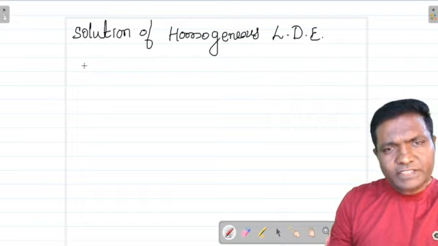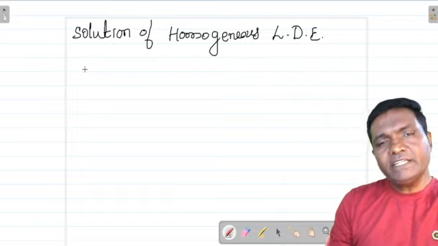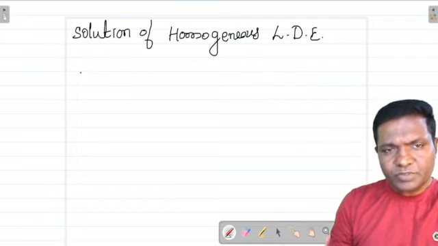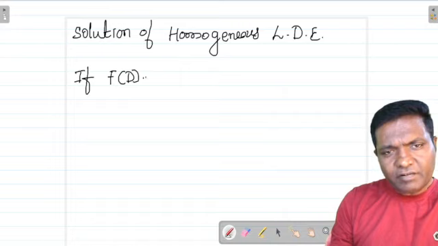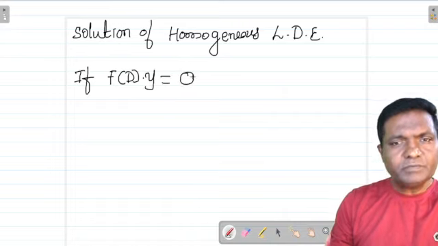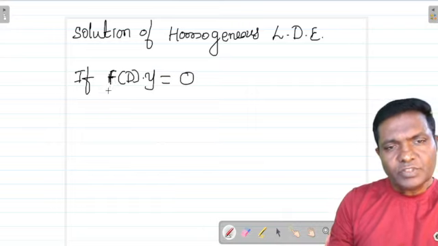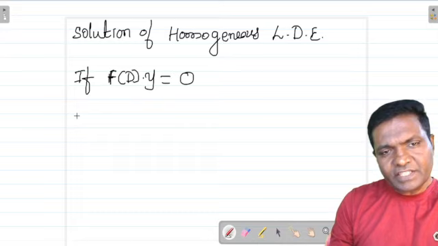So what are the steps involved in finding the solution? Suppose you are given this equation, f of D into y is equal to 0, means right hand side is 0. So its solution is given by